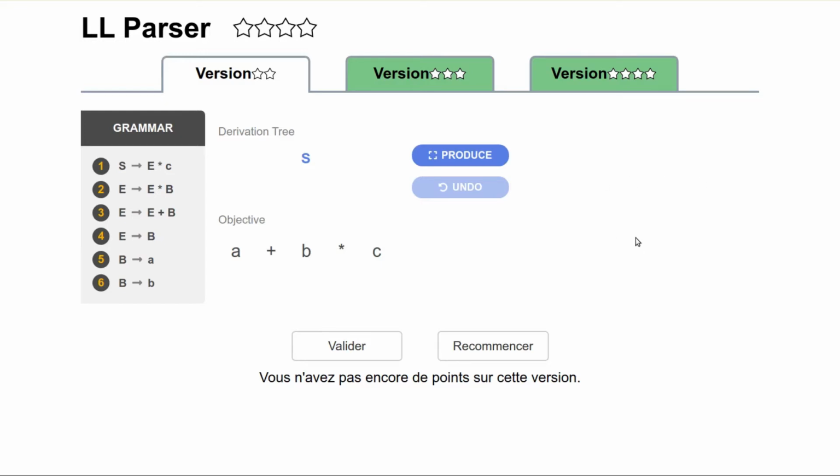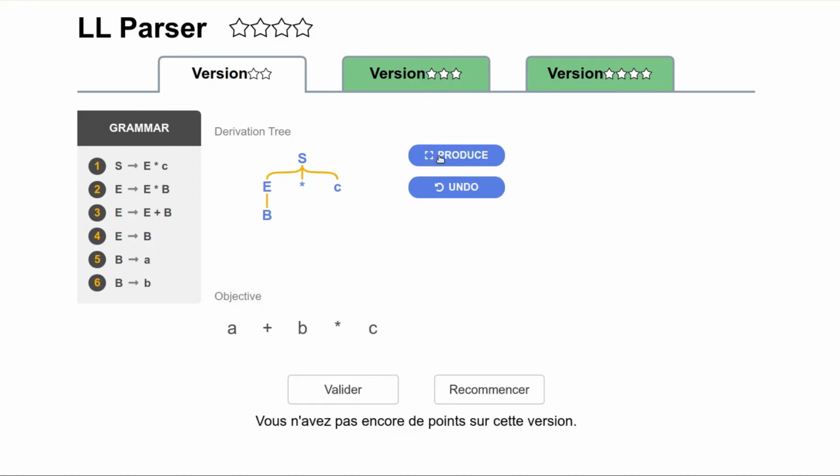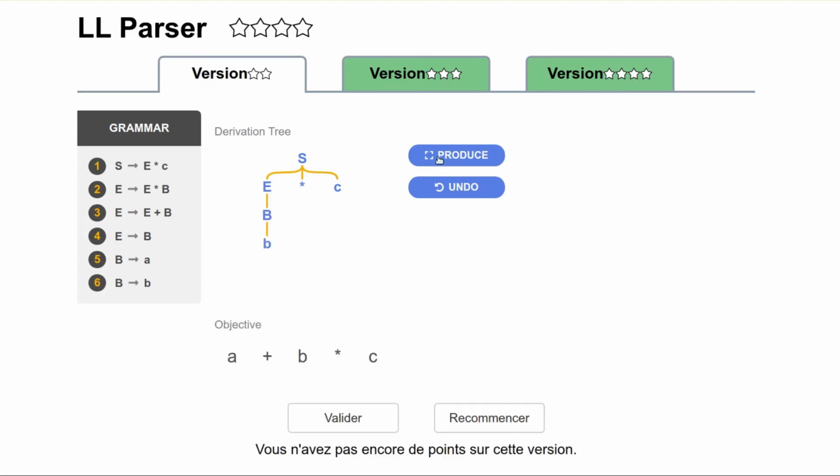Here the students can try to derive the input from the top using the grammar rules in an intuitive, manual way. So we have to select a non-terminal, select a rule, and just click produce, and then we get the right hand side of the rule here. So basically the tree is expanded. Then we can select another leaf non-terminal, click produce, and we can do this until there are no leaves